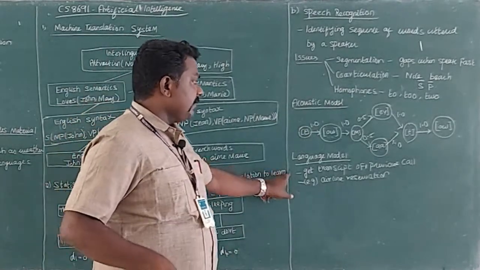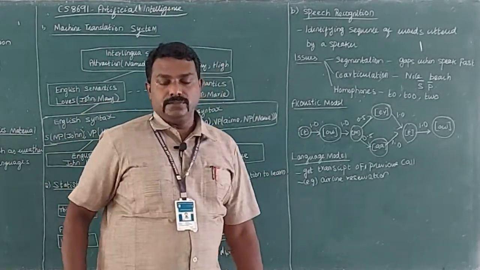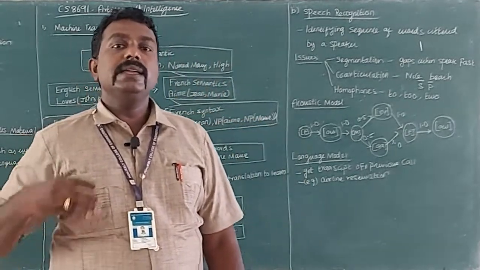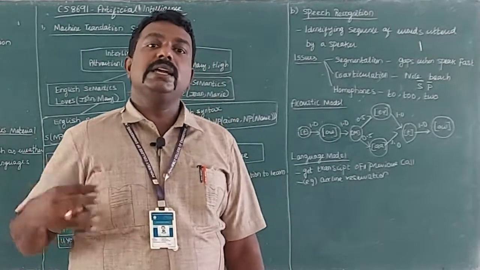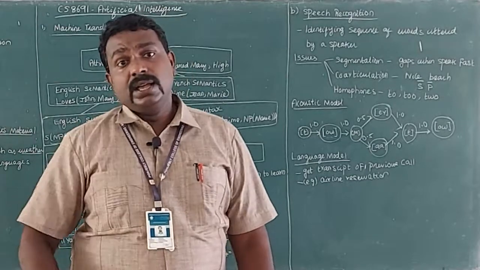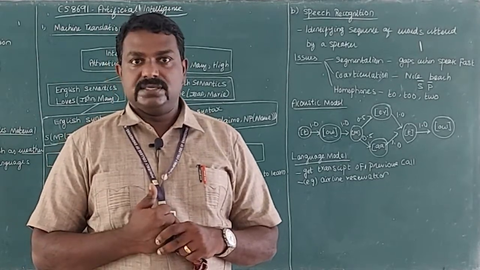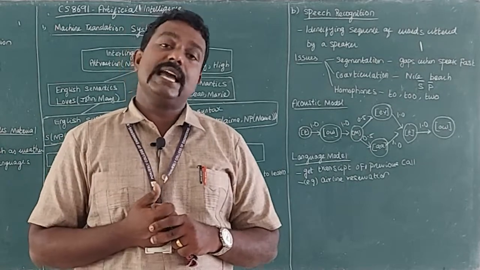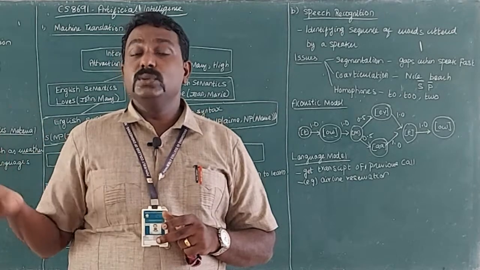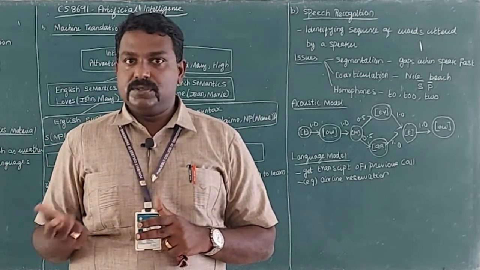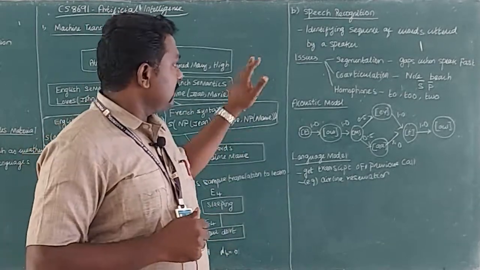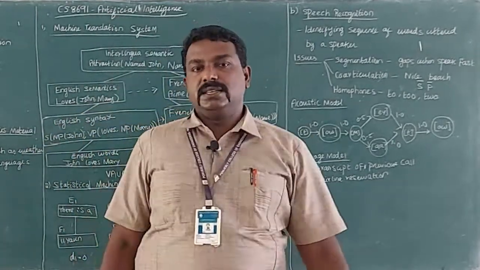The last one is the language model. If you want to create an airline reservation system, you can take a sample which has been created earlier to train the machine, and with that sample you can create an airline reservation system. That kind of model you call a language model. So an already existing model or document, you are using it for creating a new system. That kind of model you call a language model. Okay, so these are the different models that are available under speech recognition.